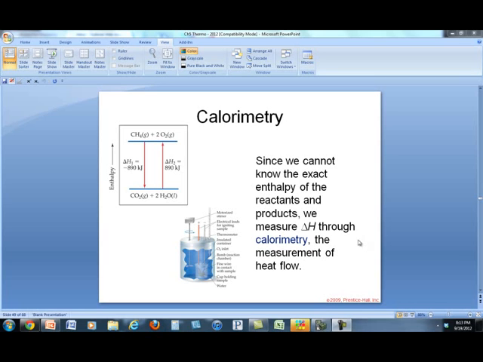Okay, so in this podcast we're going to talk about calorimetry, which is a method that scientists use to figure out what the change in energy is during a chemical reaction. And tomorrow we're going to do a lab using this method, using the more crude version of the method. Now, we jumped ahead a little bit, and we're going to talk about this before we've really talked about the